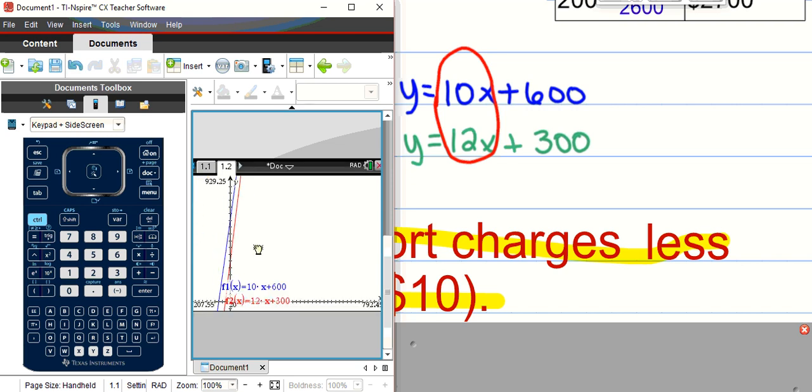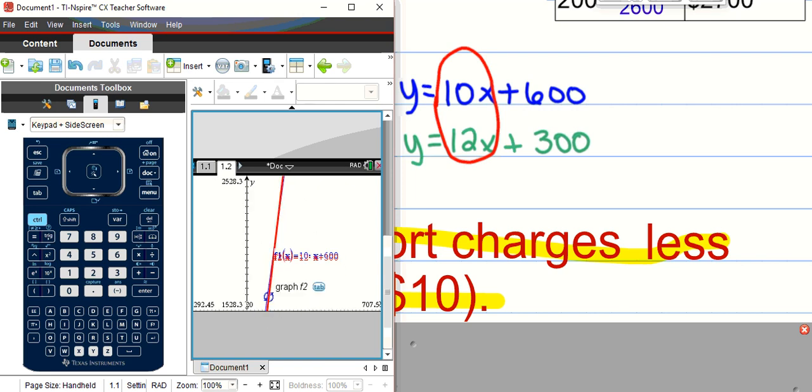So maybe we need to drag that graph over. Let's drag it around a little bit. And you can do this on your calculator as well. See where it's going to fix or where it's going to cross. Now you see right here, they tend to cross somewhere around here. Is it going to be easy to find just looking at it? No, probably not. But if you go to Menu